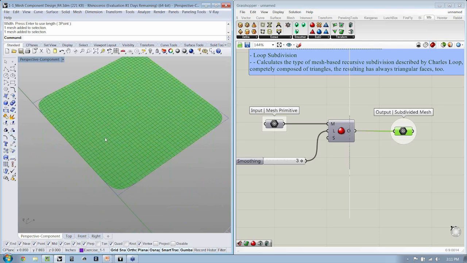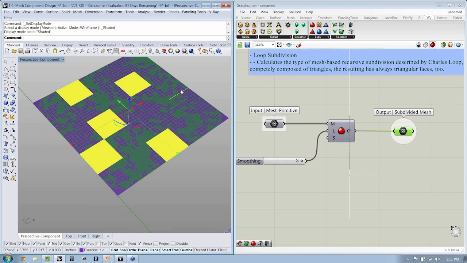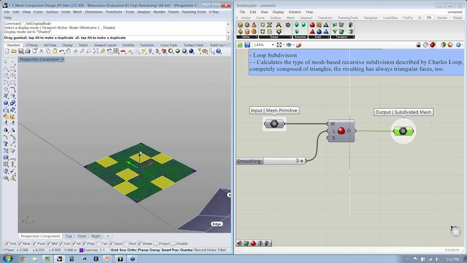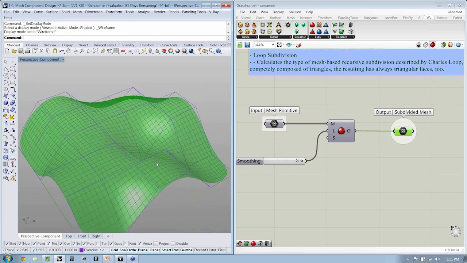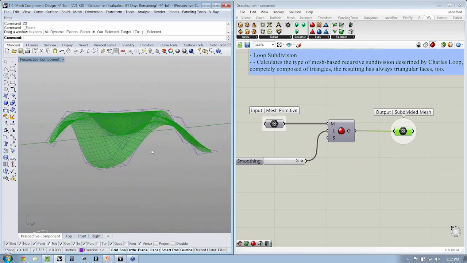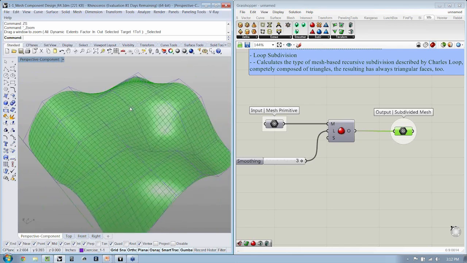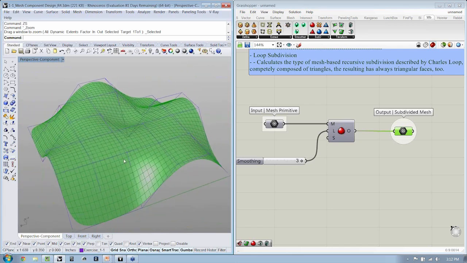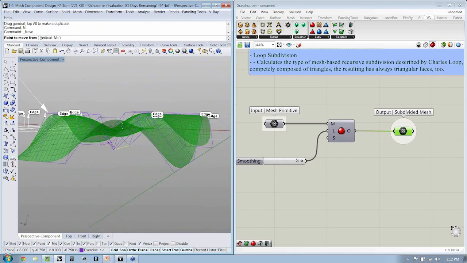If, for instance, I begin to manipulate elements of this mesh, you'll see that we're going to get a lot more change going on here because we have a lot more data, right? We have a lot more faces, and therefore we're going to have a lot more to work with whenever we start to smooth, right? If I start moving edges back down,